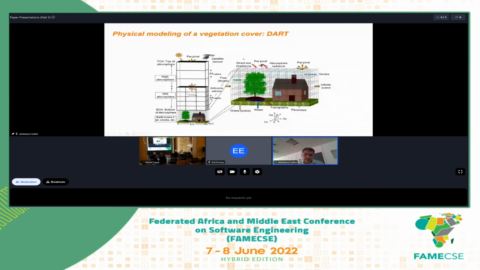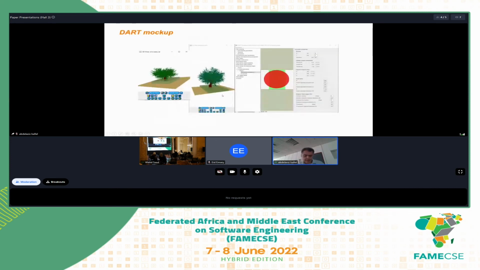Then, as I already said, we need a physical model to simulate images like the actual ones. This model considers a realistic mock-up and then simulates the propagation of the light and produces an image at the end. For instance, in our case, if we have one olive tree, it is possible to consider it, then consider the soil background, and it is possible to add another layer of grass and so on.